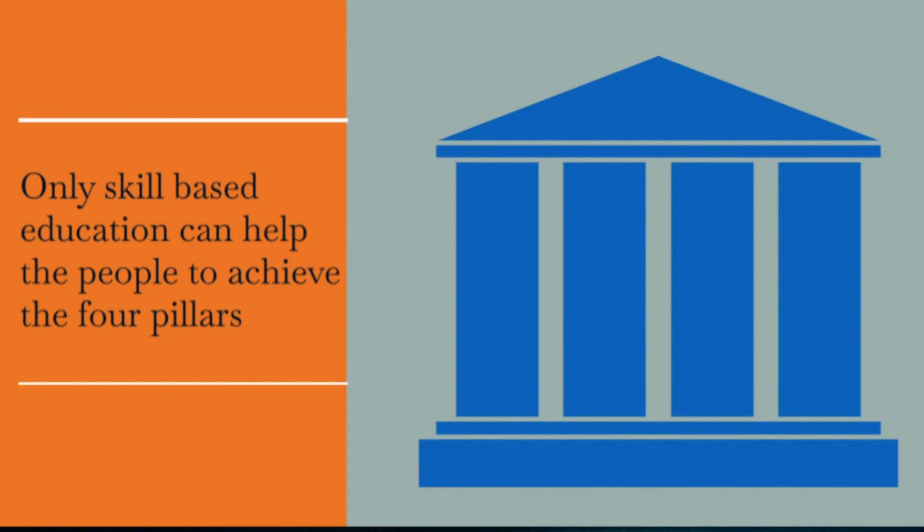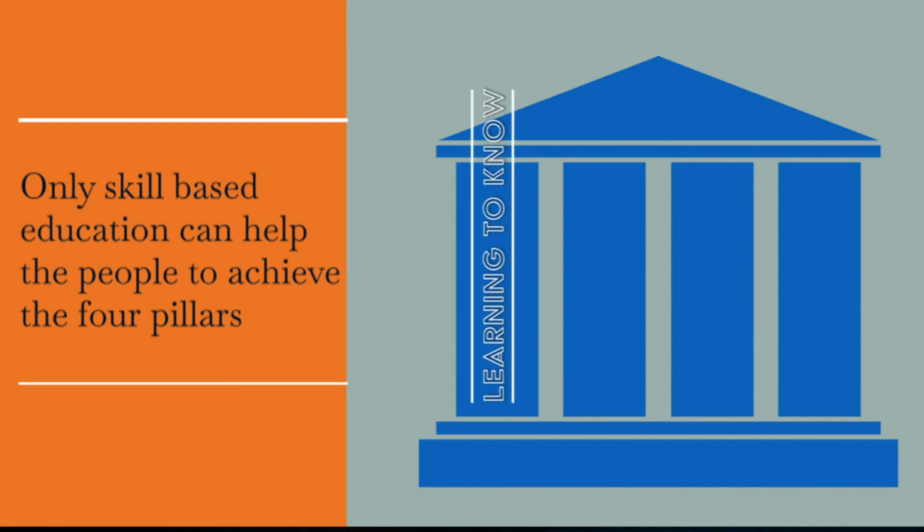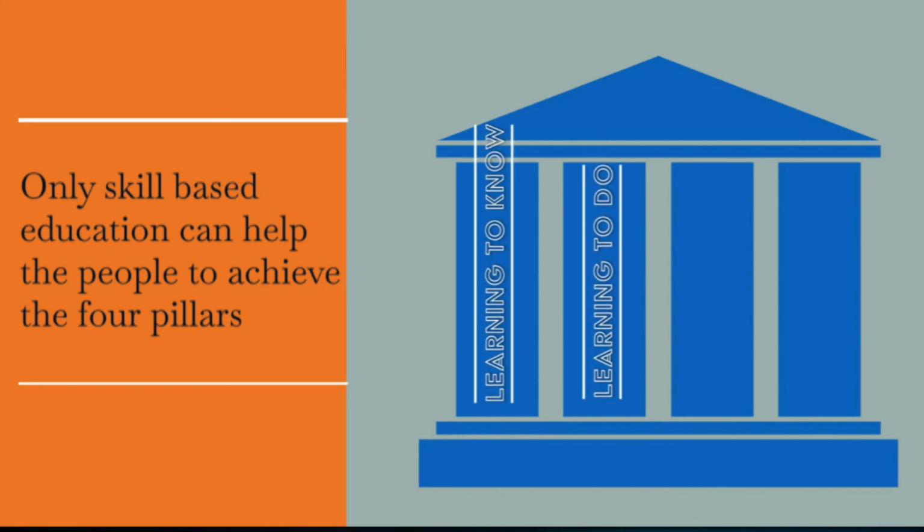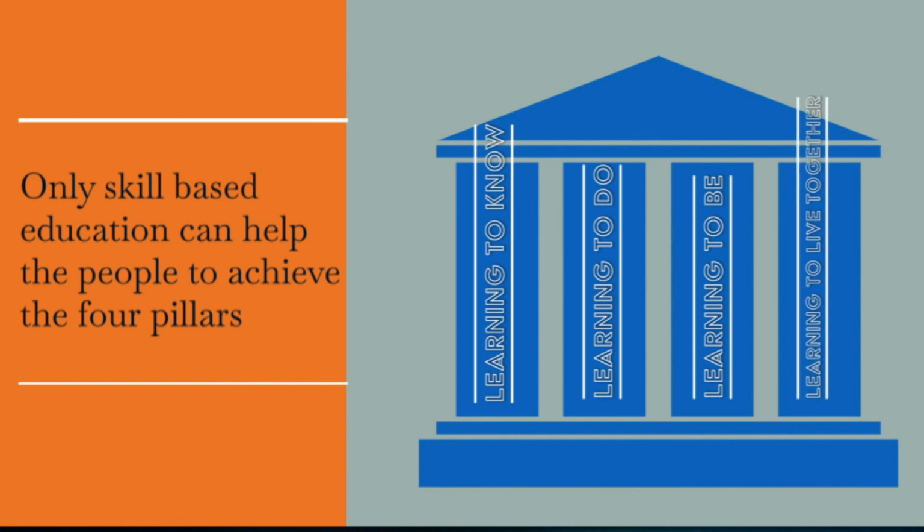If education is related to the formation of human capital and enhancement of manpower, then it should actually be linked with the development of the basic 4 pillars of education. So, what are the 4 pillars? Learning to know, learning to do, learning to be, and learning to live together. Life skills should be developed in terms of formation of human capital and enhancement of manpower. These 4 pillars should actually be developed with the help of education.